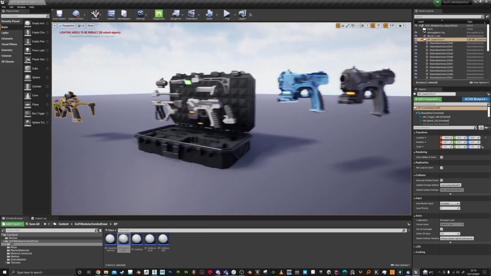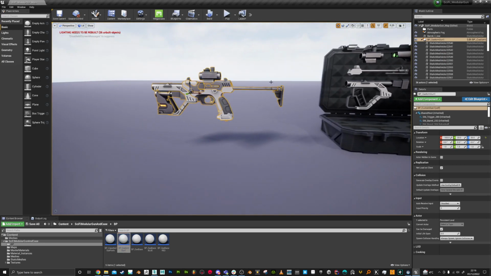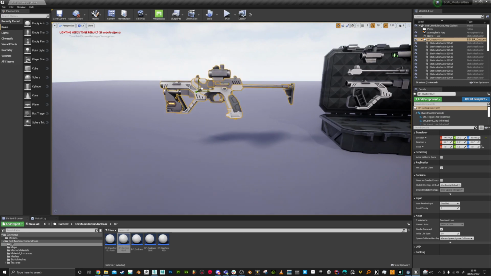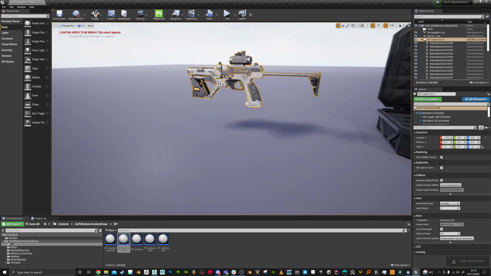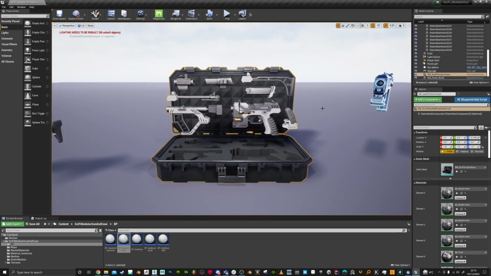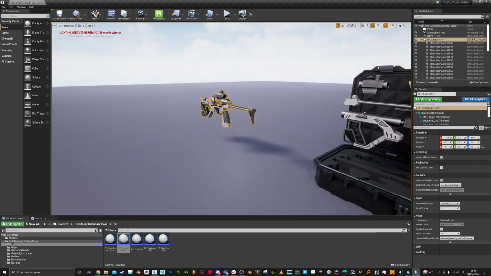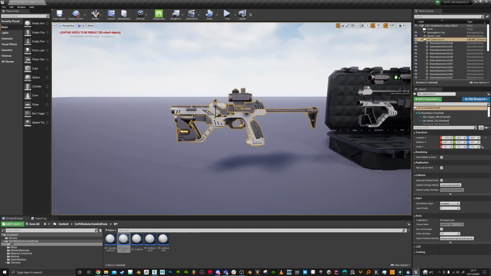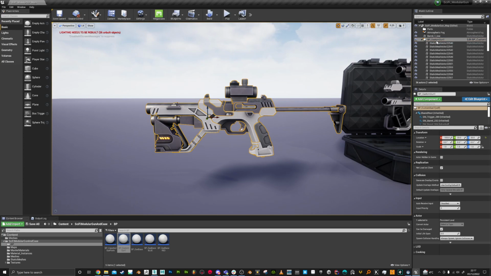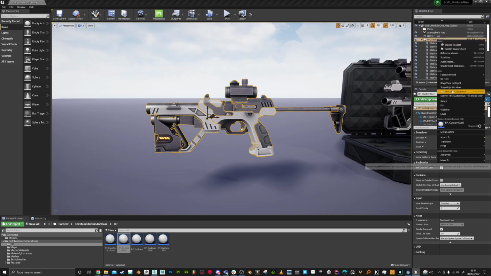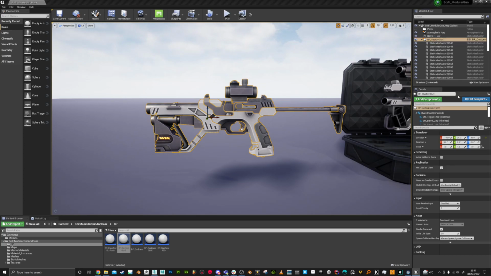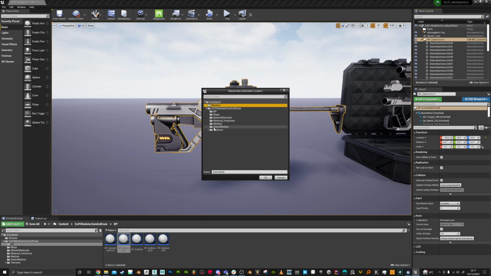Okay, so we've still got our other guns, and now to make this more of a usable gun, as you'll notice, if it's a blueprint, it's hard to focus on it. If you press F, it doesn't actually focus. But if we convert this now to a static mesh, and let's put it in our static meshes folder, and I'll call this SM custom gun 1,